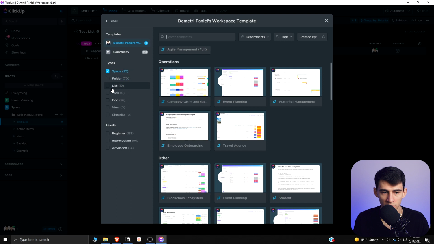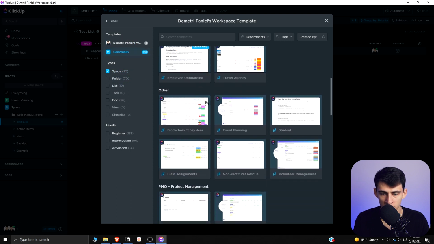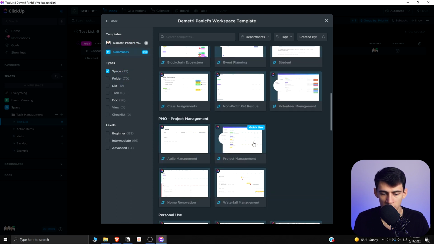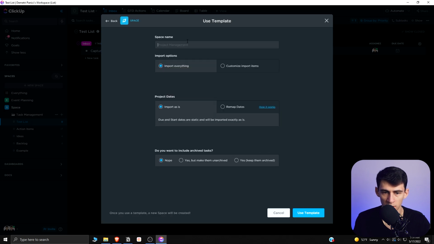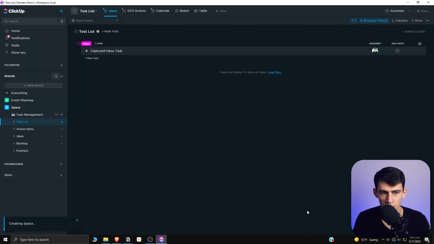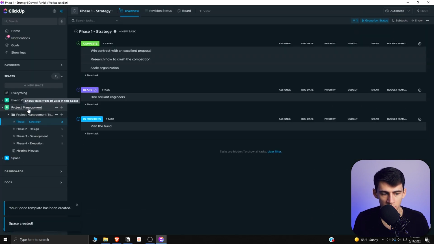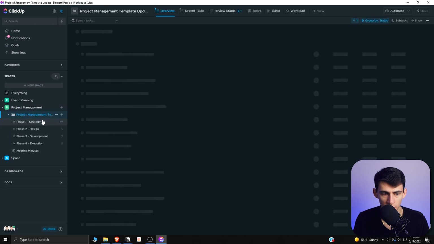So let's say we're just trying to look for something very simple like project management. We can click on this one and you can see that it is going to have a template with some ClickApps included, some view types included, and this is going to be very basic. So if I use this template and say project management, it'll show you a lot of the different things within this immediately. So once the space is created, see that there's a folder that has a bunch of different views